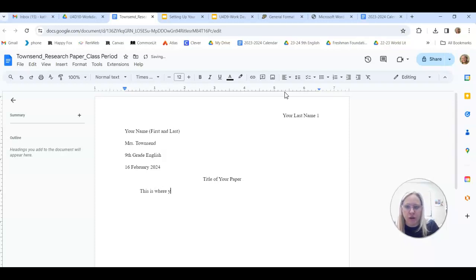This is where you will start typing your essay, your introduction, then your body, then your conclusion. Then you will have a works cited page. Okay,